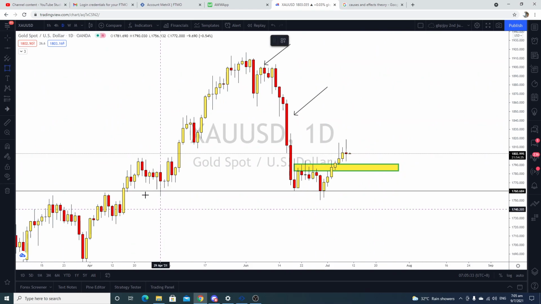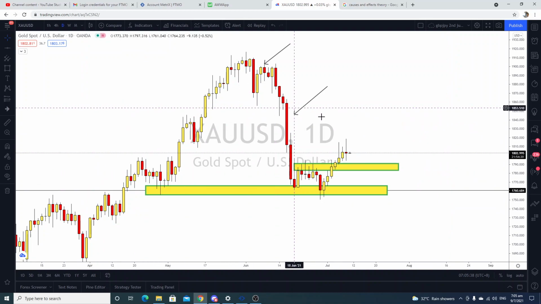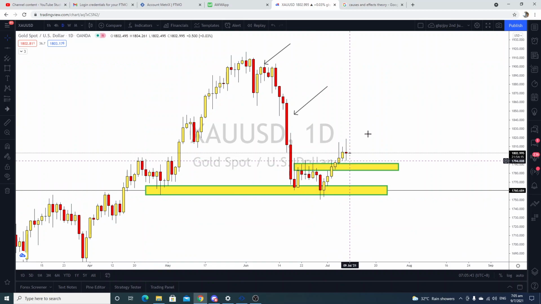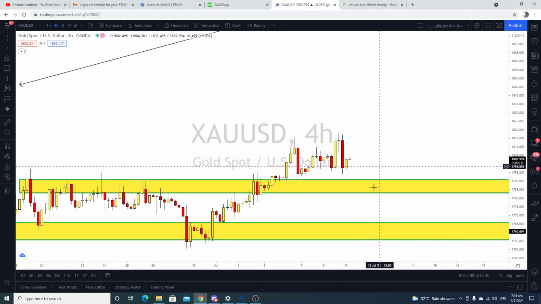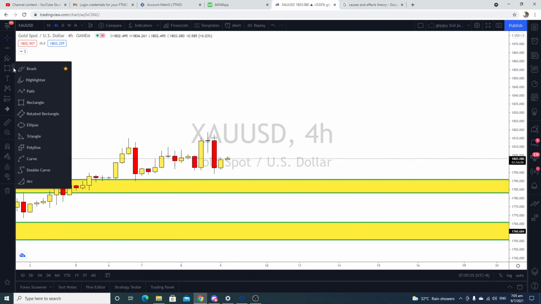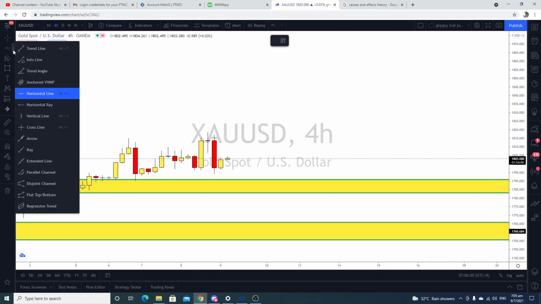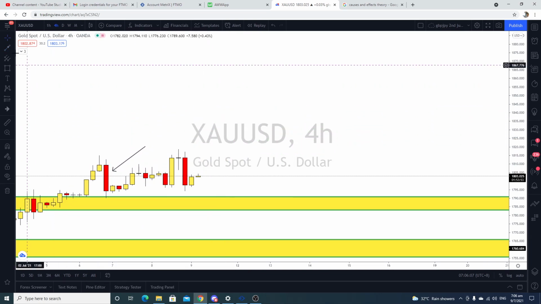And if you look from here, there is still a demand of a rally base rally. Then this is a drop base rally. Now to me, price can still make a rally base rally. But based on this evidence right here, I'm not really sure, to tell you the truth. Because in the 4 hour, there are equal buyers and sellers. I would say the buyers and sellers are equal in this case, but slightly leaning towards the sellers.